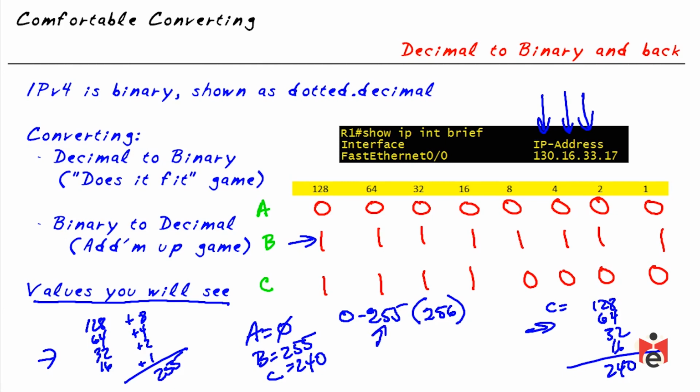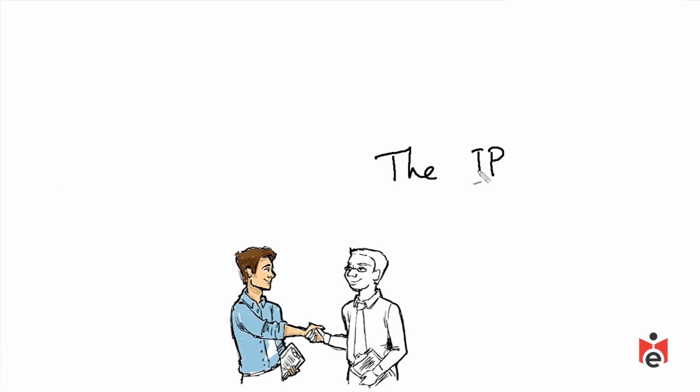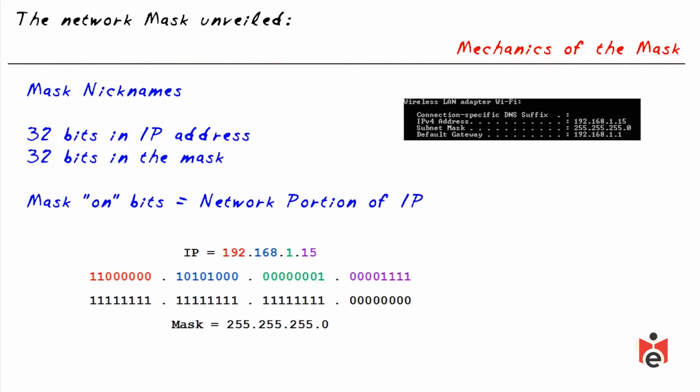But the numerical high number you're ever going to see is going to be 255. I'd like you to imagine that a friend walks up to you and in casual conversation they ask you, "Can you tell me about a mask, exactly what it does?" Now if you're saying, ooh, Keith, I know, it absolutely identifies out of an IP version 4 address which portion of that IP address is the network, and everything else beyond that is the actual host addresses. So here, my friend, are the details behind how the mask identifies which portion of an IP address is the